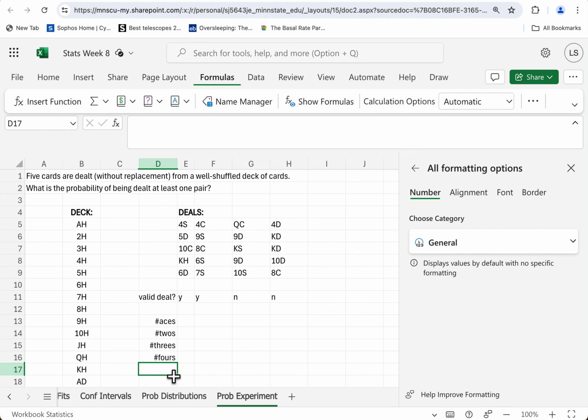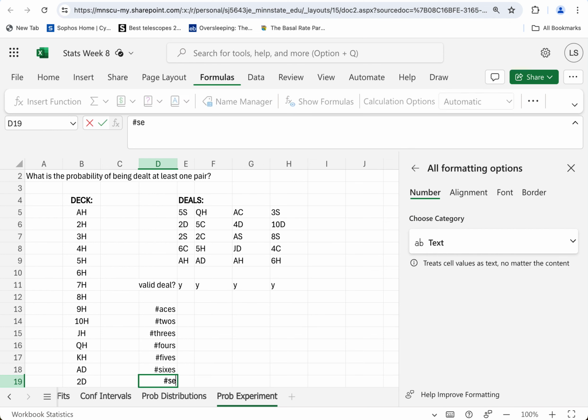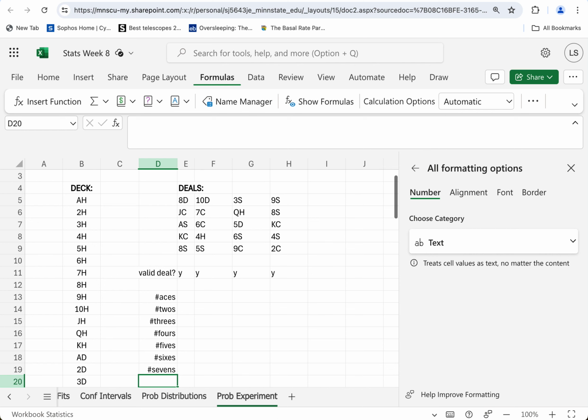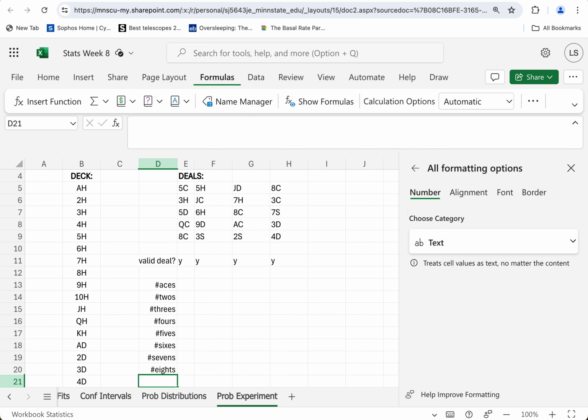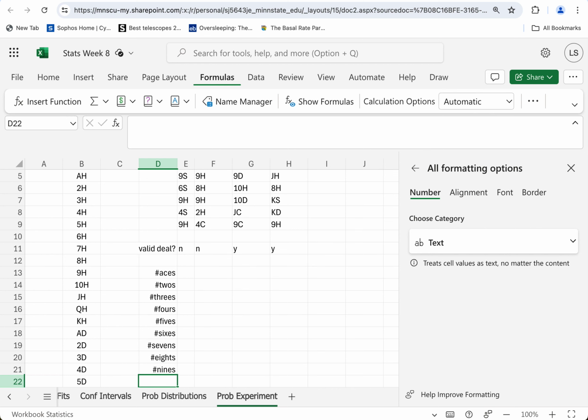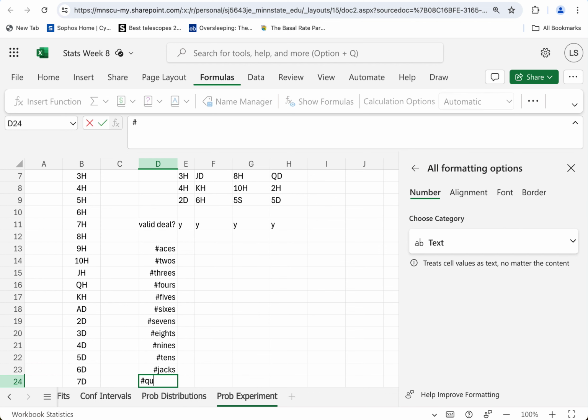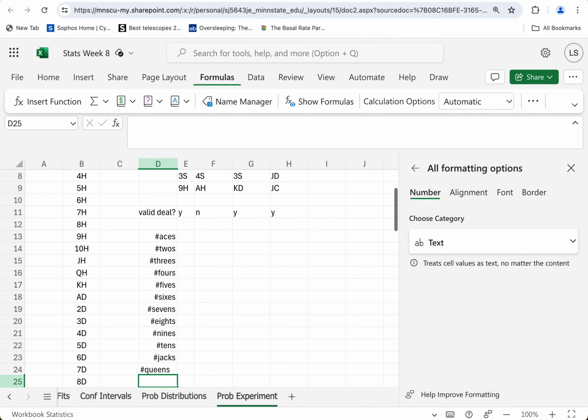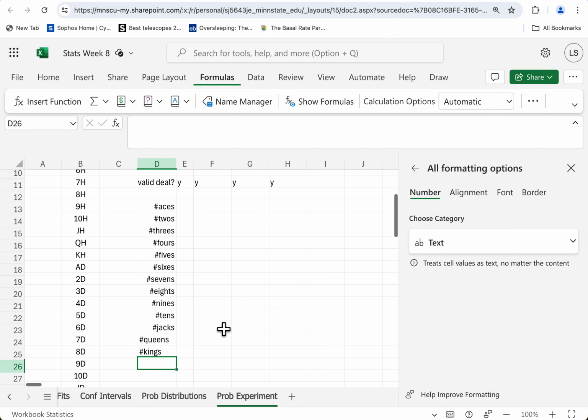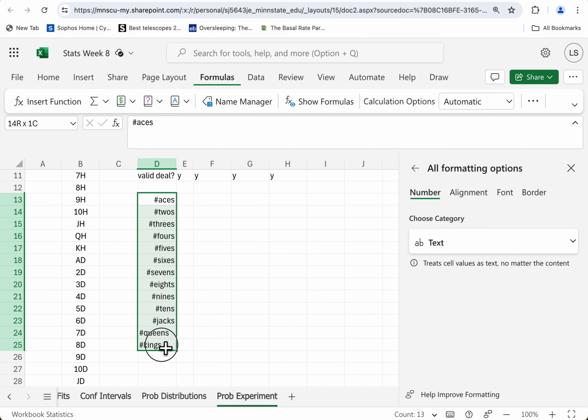We're going to count the number of fives and the number of sixes and the number of sevens and the number of eights and the number of nines and the number of tens, jacks, queens,